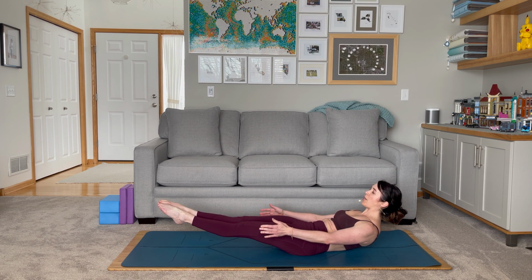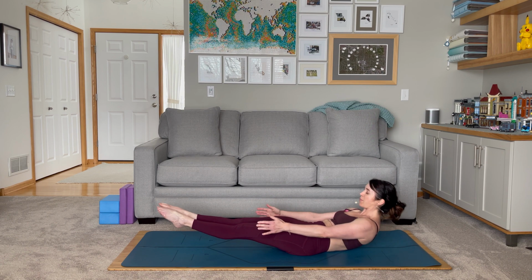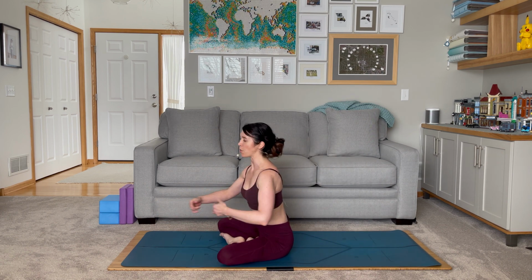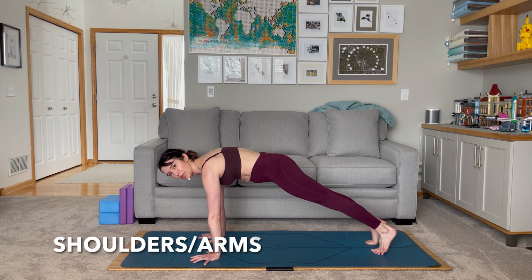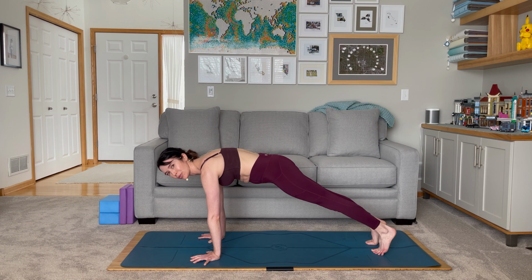You're taking this shape, but you're doing it in the opposite direction so that you're face down. And you can think of it as drawing the bottom of the ribs towards the hip points. You're creating this scrunching position and making that space between the hip points and the bottom of the ribs just a little bit smaller. Okay, here we are now to the upper body and into the shoulders and the arms